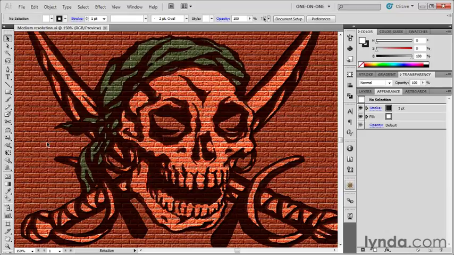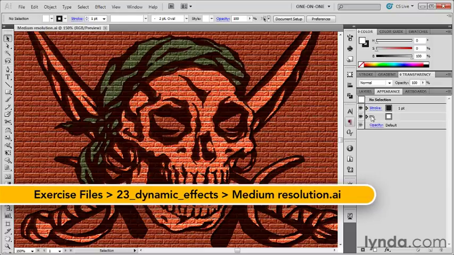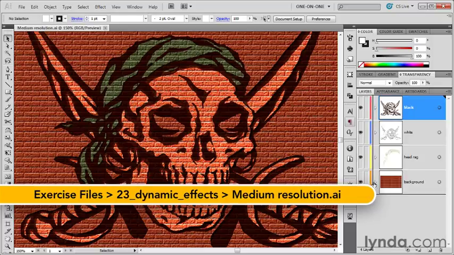In this exercise, I'll show you how to combine the effects of multiple graphic styles. I'll also show you how to save the result as your own custom graphic style. I've saved my progress as mediumresolution.ai, and I'm going to switch over to the Layers panel, twirl open the background